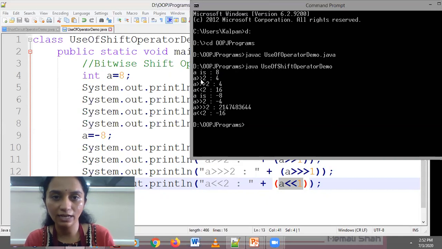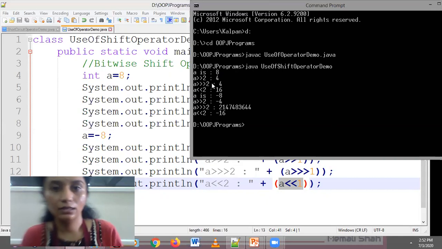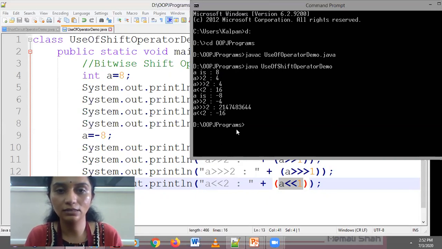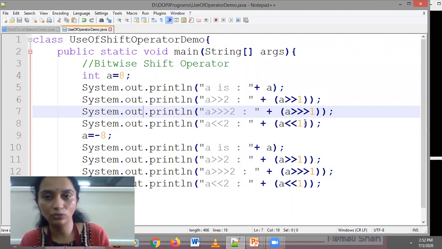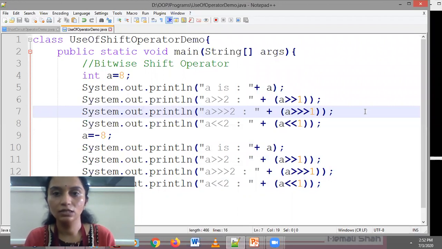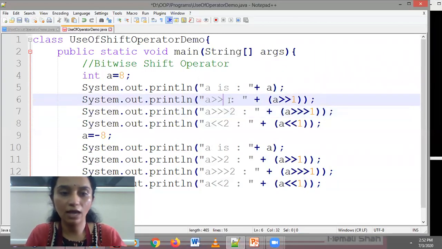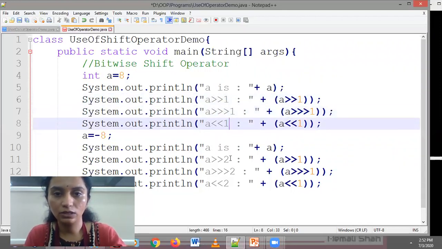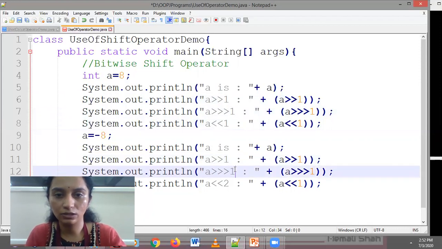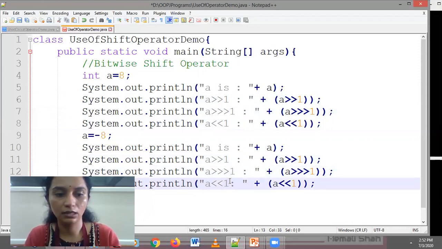If you are shifting left by 4, you are getting the answer like this. Shifting by 1 position, and it is showing the answer. Let me correct it. We are using the shifting by 1 position in an answer, right?